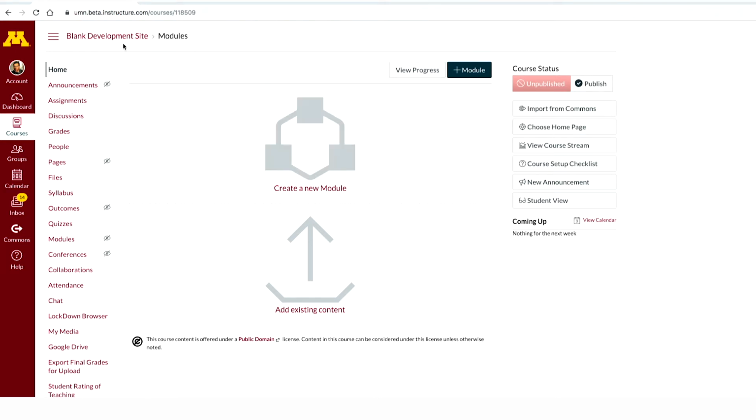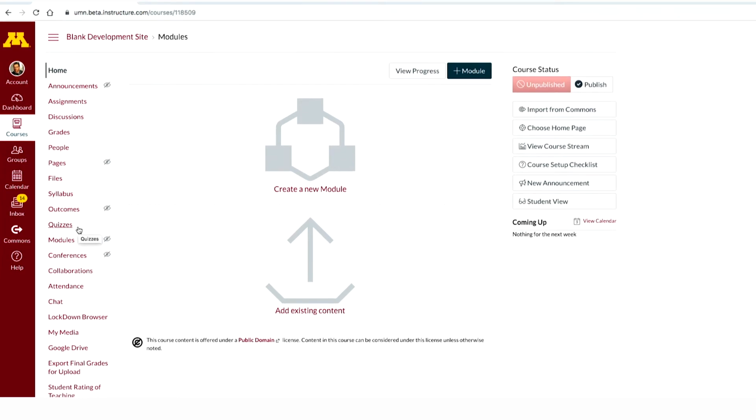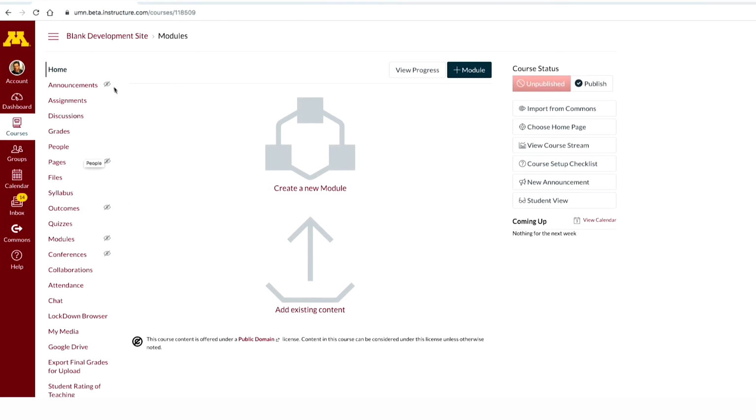You can see on the navigation here on the left-hand side that many items are available and open on the navigation menu. You'll notice these little icons right here. This is a visibility icon, and these either have content that's hidden from students or have no content in them. You as the instructor can see all the items that are available in the course menu, but you're going to want to review the navigation options and decide which items you're going to make available for your students so it's easy for them to access and navigate the course materials.